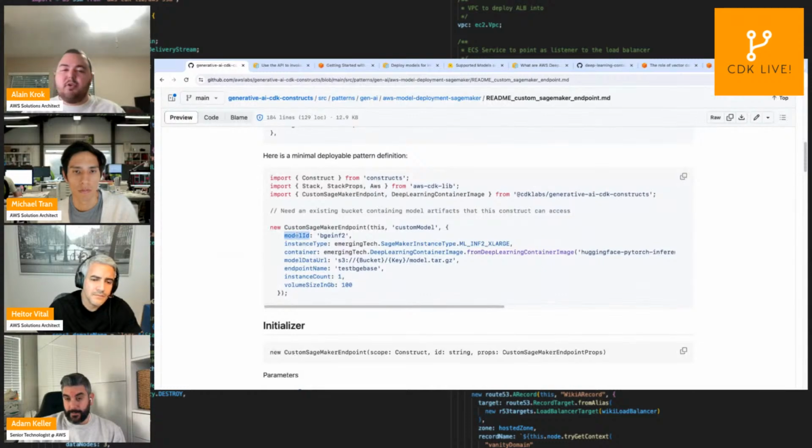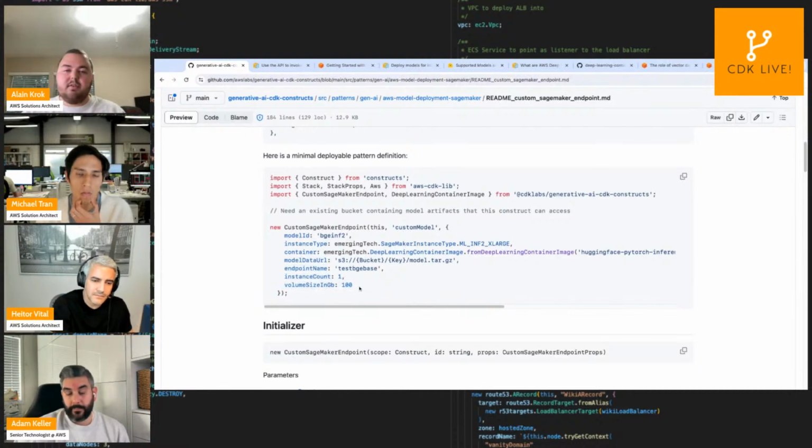Here you can specify the model ID that will be used to tag your resource, the instance type, and the container, so you can use a publicly available container, or you can specify your own ECR repo. You also specify the location of your data in S3, so the output of your training, the name of your endpoint, and additional parameters that you can pass here.